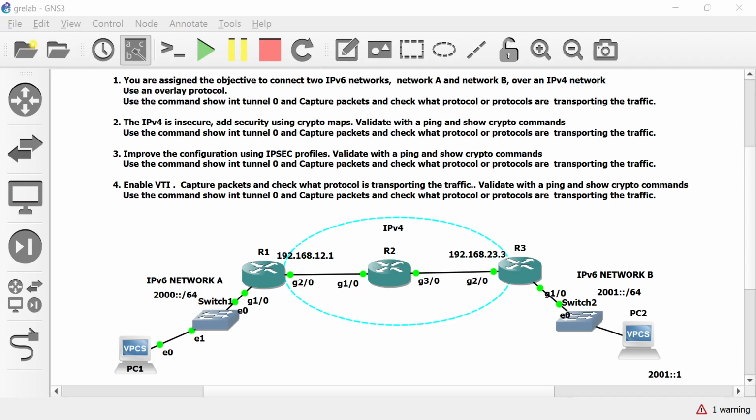This is the GRE and IPsec lab. Let's go to action item number 1. You're assigned the objective to connect to IPv6 networks, network A and network B, over an IPv4 network. Use an overlay protocol. Use the command show interface tunnel 0 and capture packets to check what protocols are transporting the traffic. So we have IPv6 networks here,